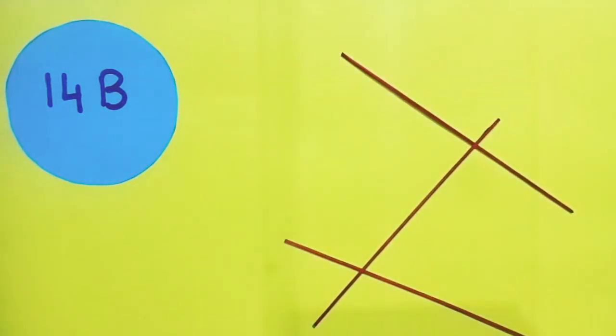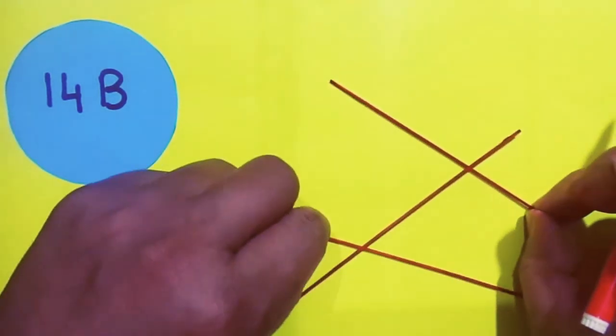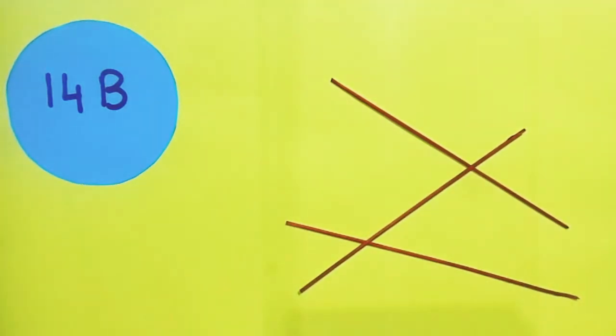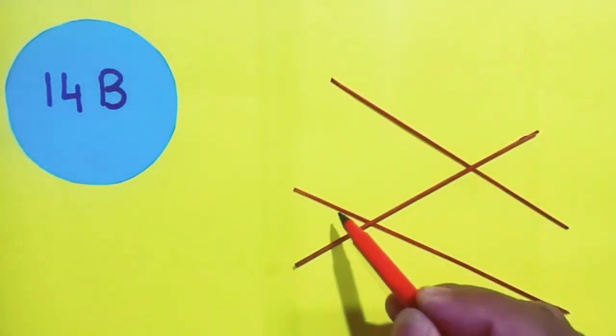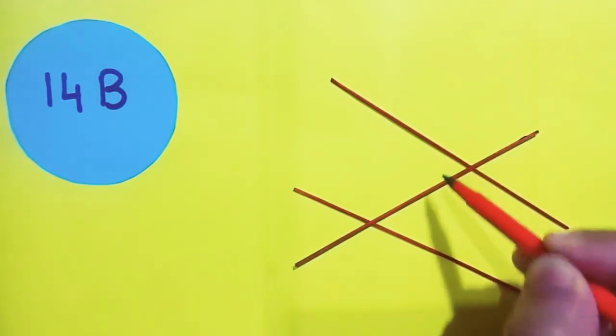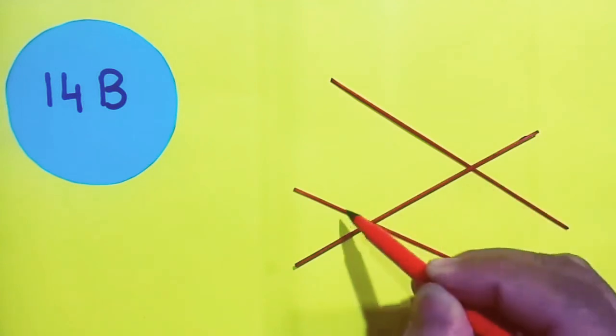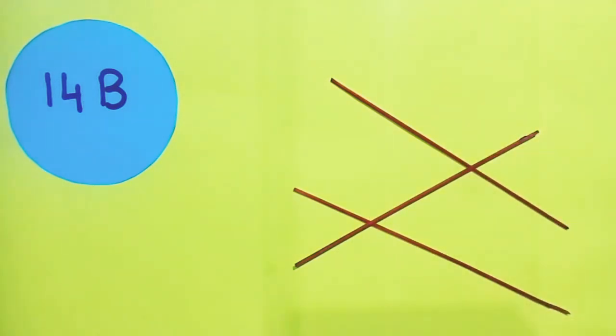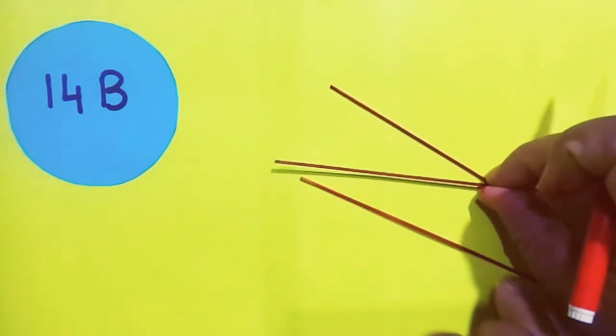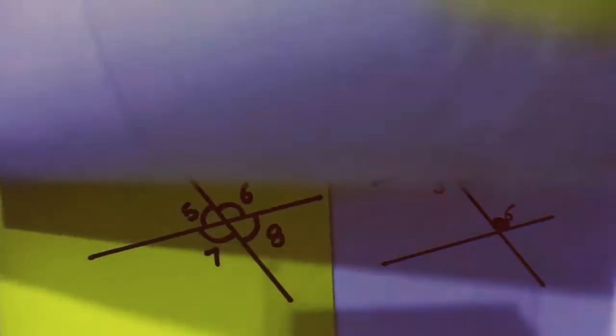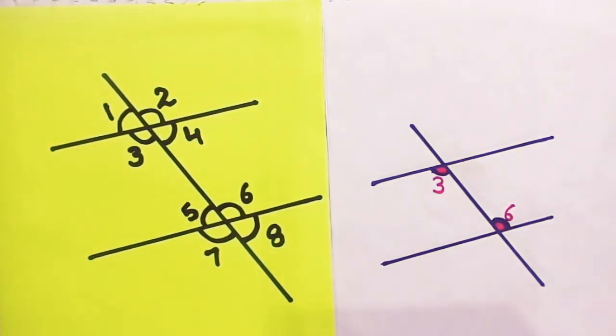Now in question number 1, they have given us two lines cut by a transversal and they are asking us to name the different kinds of angles formed. For example, these two are angles, again these two are angles, these two are angles. So they have given us different pairs of angles, and they have asked us to name them. Now what we shall do is we shall slowly move to each and every type of the angles.